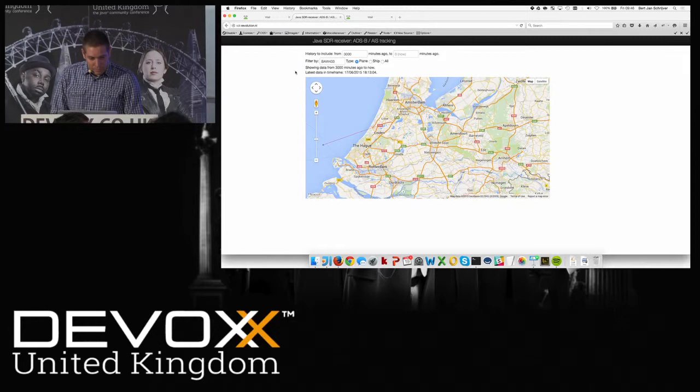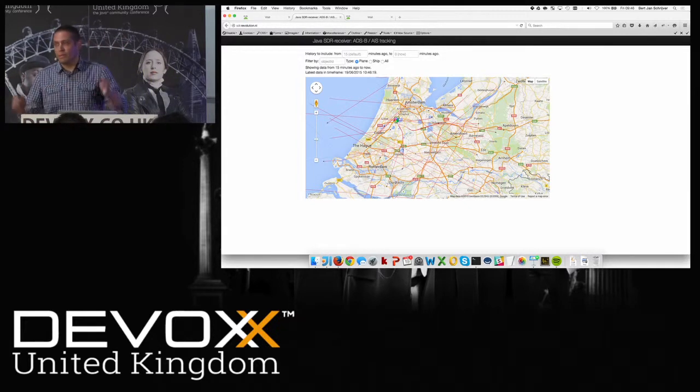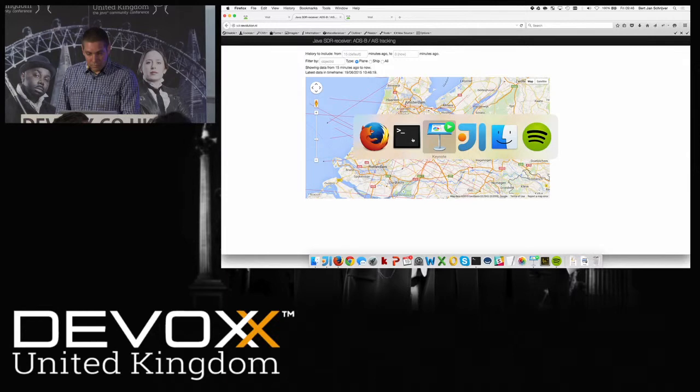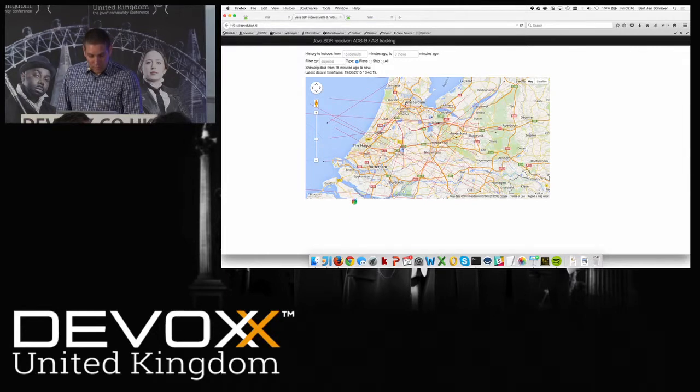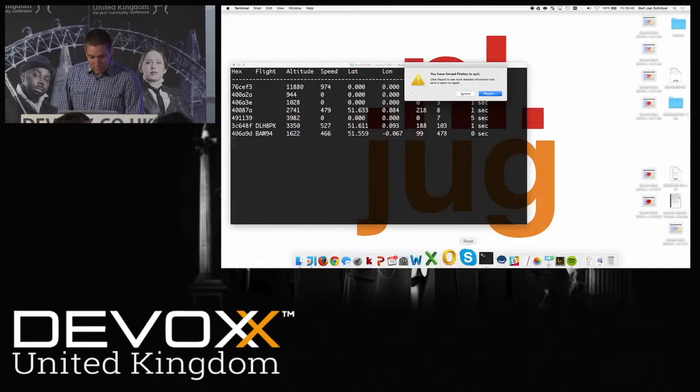So let's go into a situation above the Netherlands, and then you can see planes going into Schiphol, for example, and then just bumping off the map. And this happens when they get too low for me to receive, so that there'll be something between the aircraft and my receiver. So it seems like Firefox has decided my session is over. Let's try again.